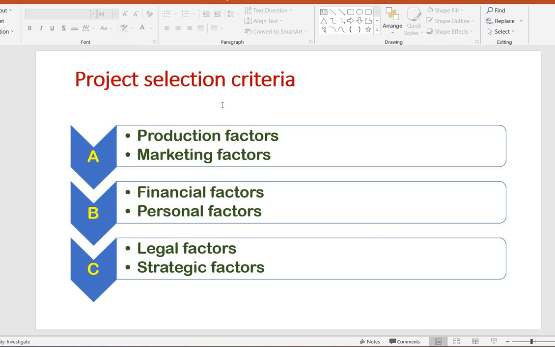So from a marketing point of view, how much it is going to take must be a criterion when we decide anything to sell in the market. And the current stage, what exactly is in the market, that is also to be considered. Third thing is financial factors. Since everything is related with finance, there are some parameters which are to be considered under this